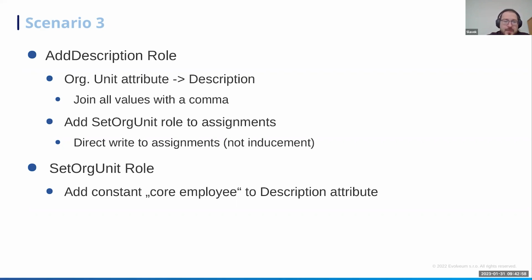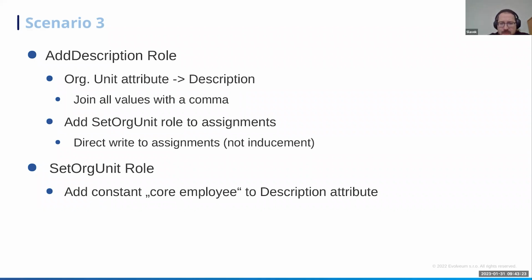And that's it. And second option, it will add org unit into assignments. But it doesn't do it through something like inducement, but actually directly writes it as a new assignment to the user. And SetOrgUnit role is just adding a constant value core employee to,